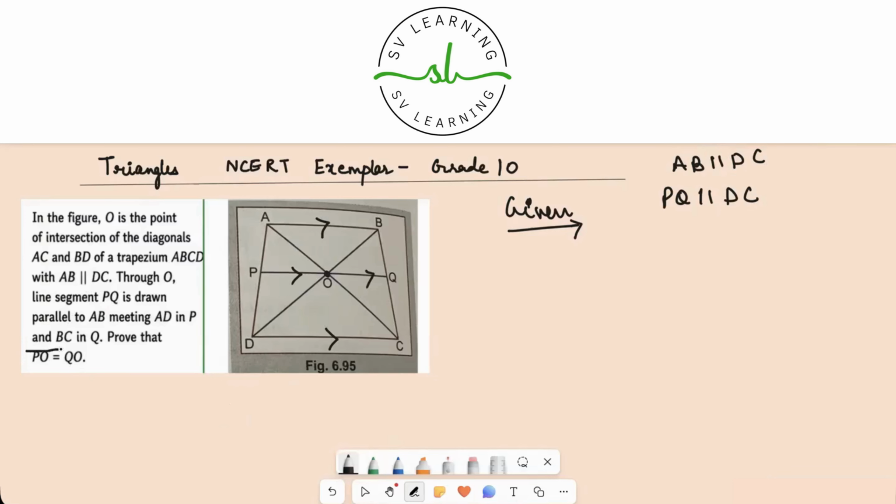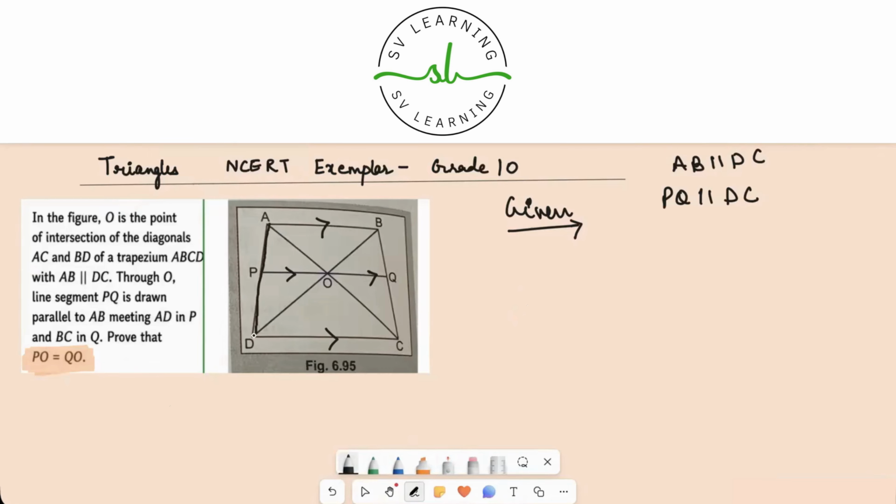Let's see what we have to prove. We have to prove here is that PO is equal to OQ. So this length PO equal to OQ. This is what we have to prove here. So now what we will do is first, we will go via the similarity way. So first, let's take the triangle